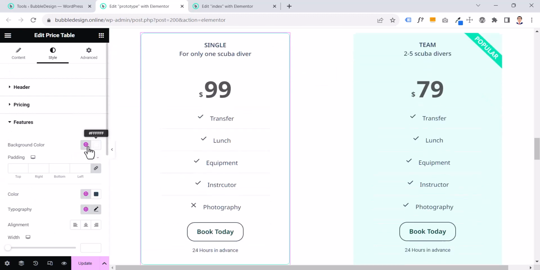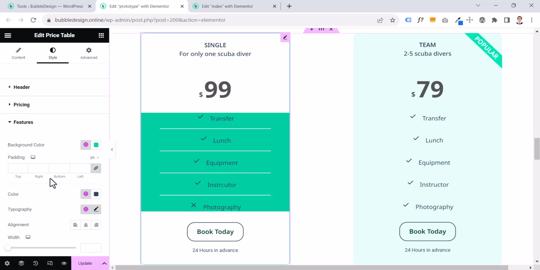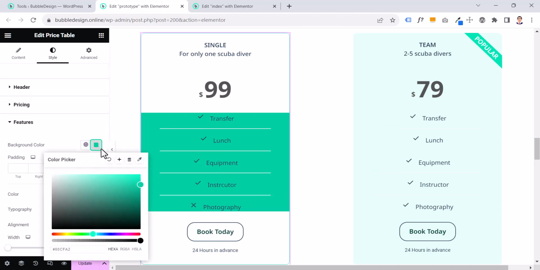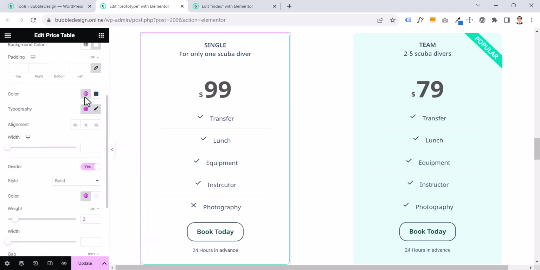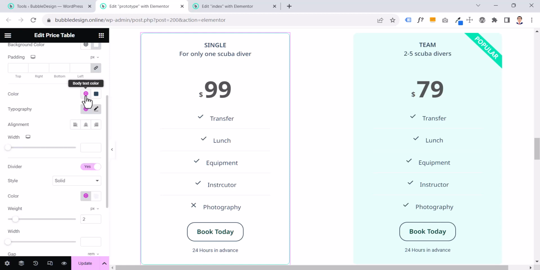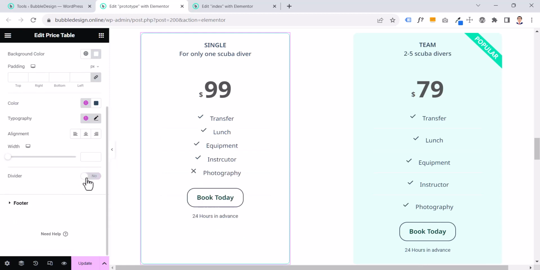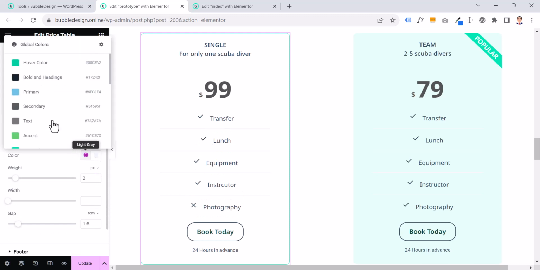Features, again, background color is white again. And there's no padding. Color of the features, again, the body text color, and there's no width. And divider, of course, I put a divider. It actually looks more professional and clean. And I use the light gray,